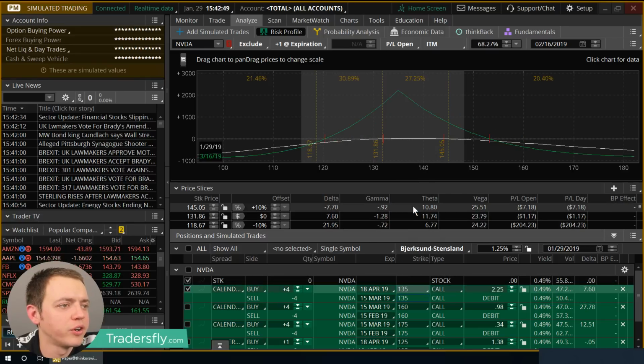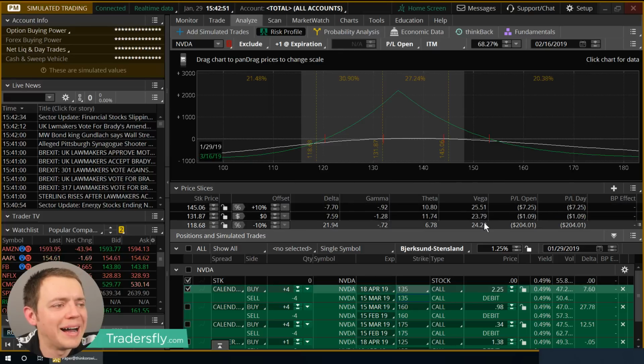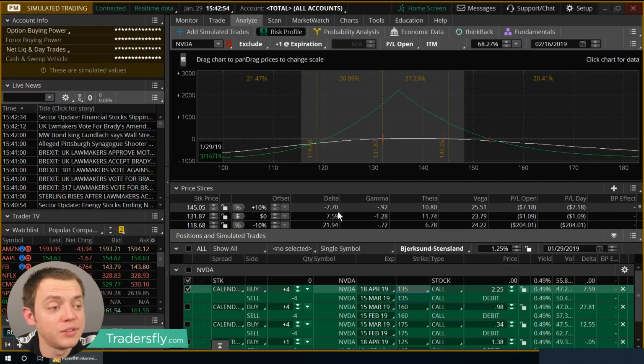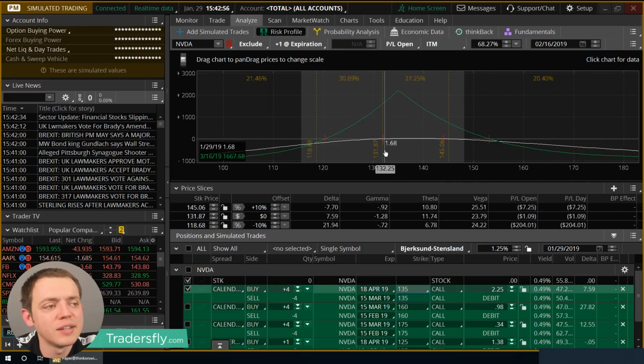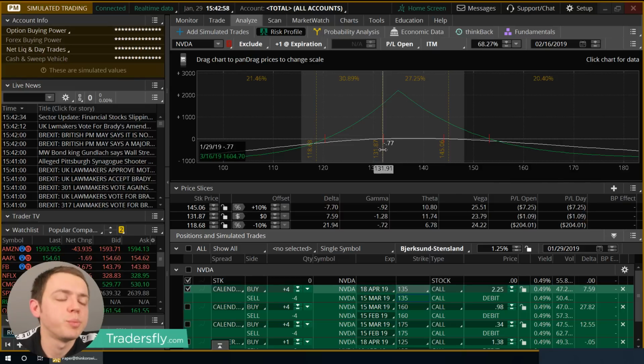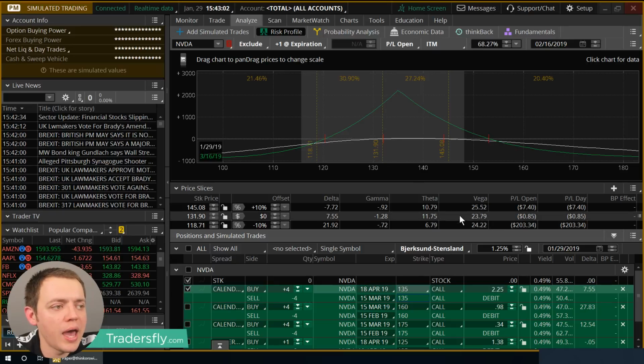Well, if I go to the 135, I'm still positive vega because calendars are positive vega. Well, I still have a 7 delta. And why is that? Well, you lean into your pain a little bit. This is more neutral, non-directional. So if you look at